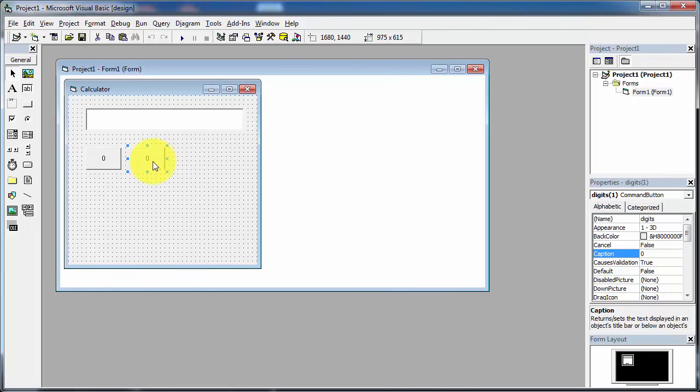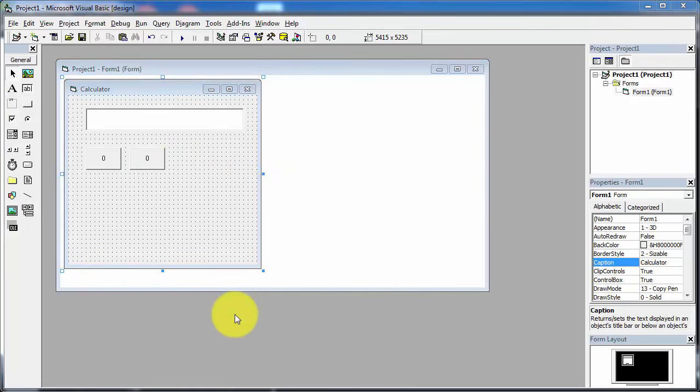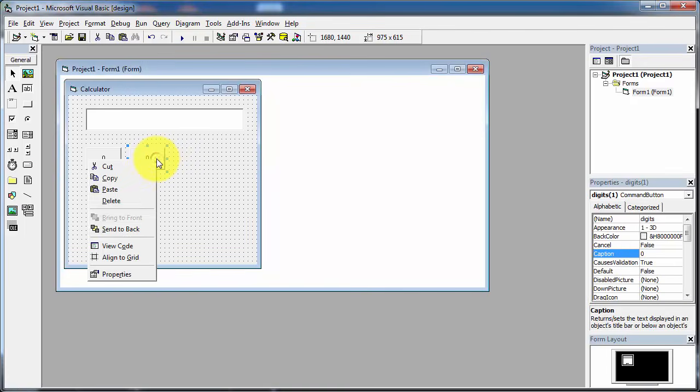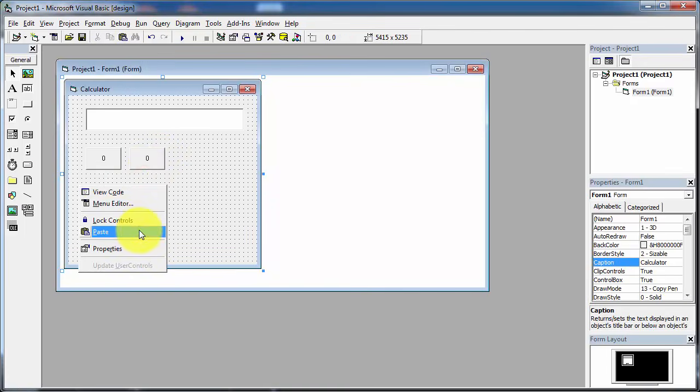This command button has the same name and the same caption, because a control array is simply a group of related controls that share the same event handler. We will discuss it later. First we will add a total of 10 command buttons on this form by just clicking on copy and paste.